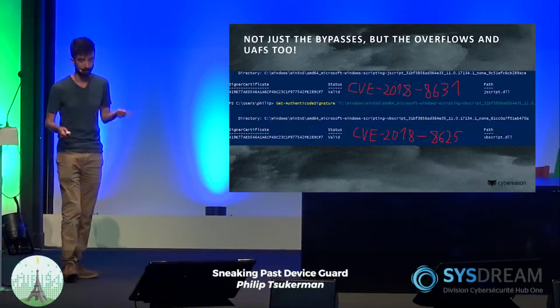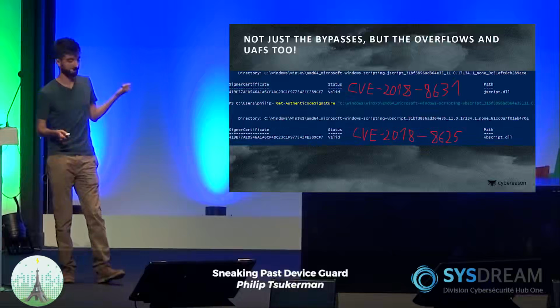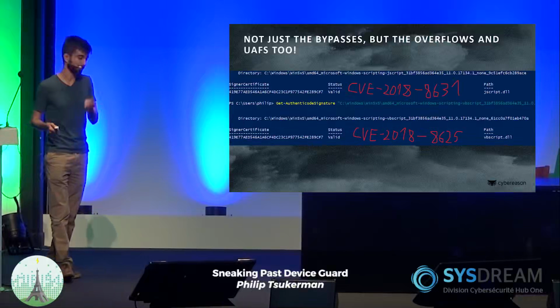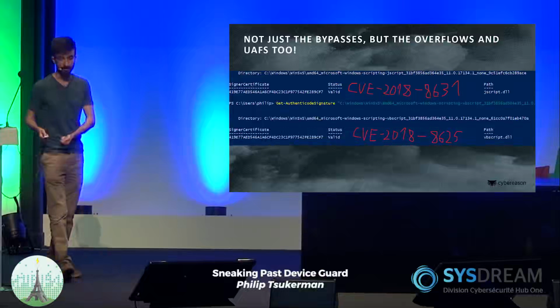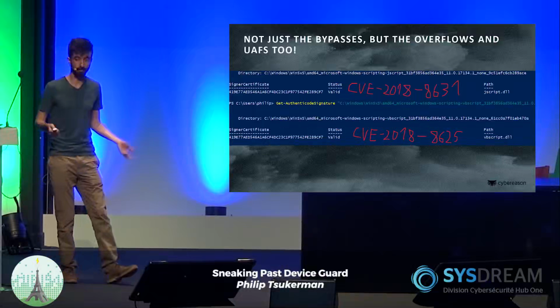So these, for example, are two Project Zero vulnerabilities, and these are the versions of the scripting engines that have these vulnerabilities. And again, as you can see, the signatures are valid. So I could just use a use after free vulnerability on an older library that's still compliant,